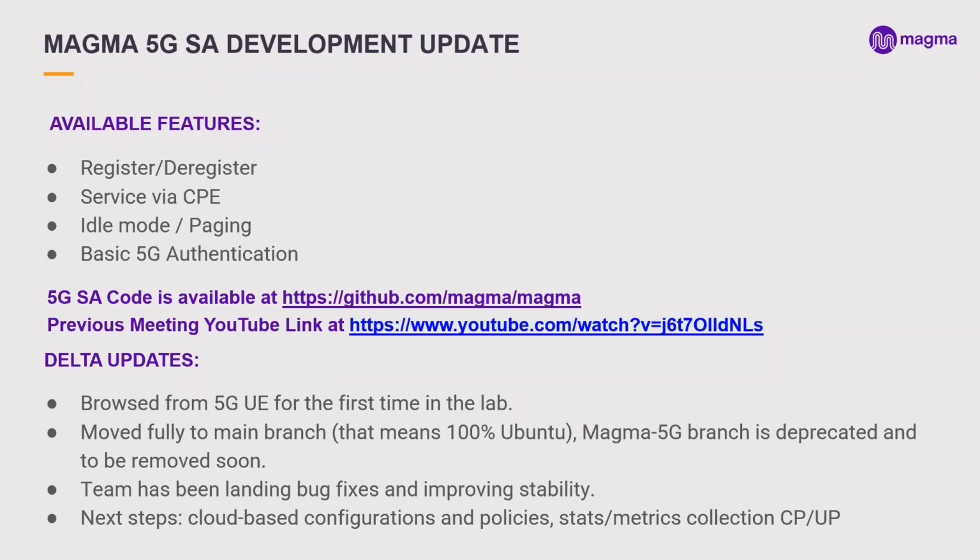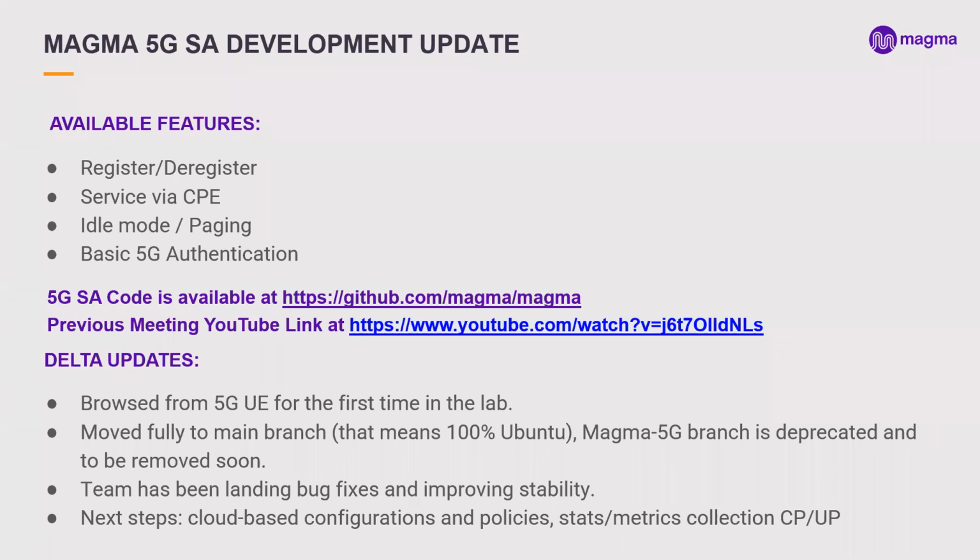And as we go along, we are detecting some issues that are reported by different partners, different ecosystem players who are testing and playing with the code. So as we go along, we are also patching those bug fixes and also working on the stability so that we can hit hundreds of UEs per access gateway instance with a minimal configuration with no issues.